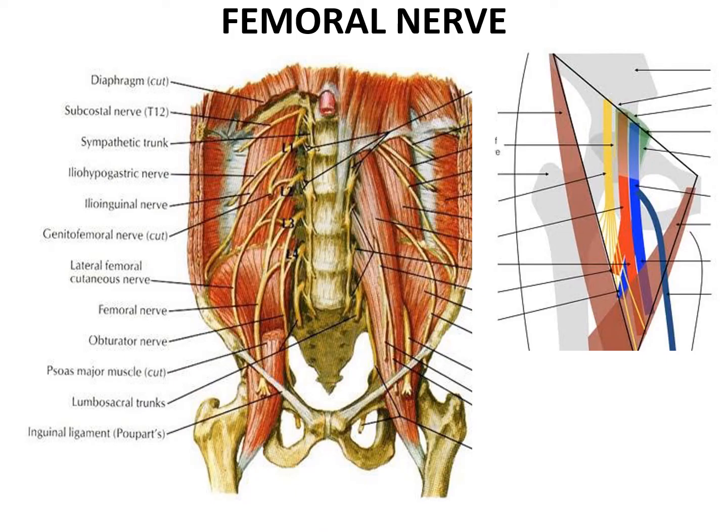Now we will see the femoral nerve. As already discussed, the femoral nerve is the largest nerve of this plexus, and it is formed by the posterior division of the ventral ramus of L2, the posterior division of the ventral ramus of L3, and the posterior division of the ventral ramus of L4. It is present in the lateralmost compartment of the femoral triangle, which we have already seen in the last class.